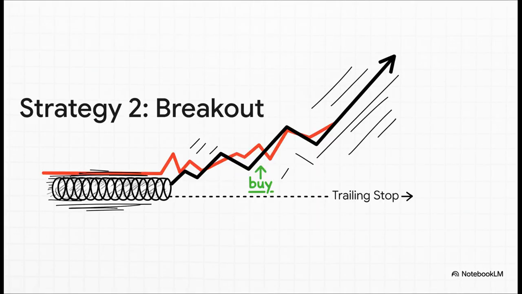Okay, strategy number 2 is the volatility breakout. Remember how a low ATR often comes right before a big move? For this, you patiently wait for the ATR to drop to really low levels. That's your signal the market is coiling up like a spring. Then, when the price finally breaks out above the recent highs, you jump in. From there, you can use a trailing stop, maybe 2 times the ATR, to lock in your profits as the